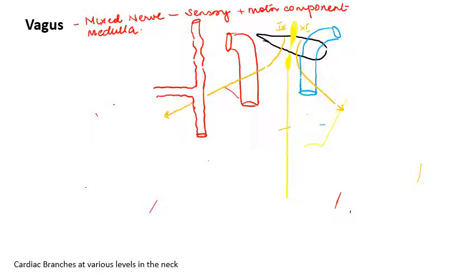Now, the first branch of the vagus arises from the superior ganglia. The superior ganglia is a collection of neuronal cell bodies, and these cell bodies are those which are carrying general sensation to the skin of the various areas of the head and neck, the somatic structures actually. The auricular branch of the vagus